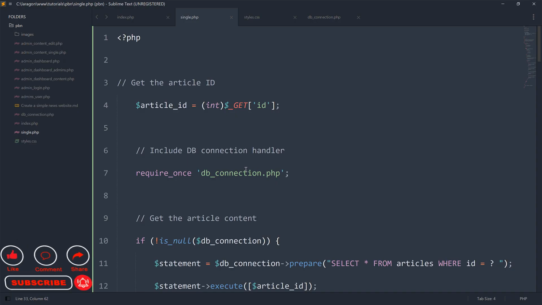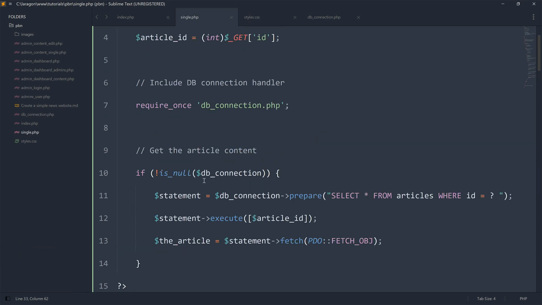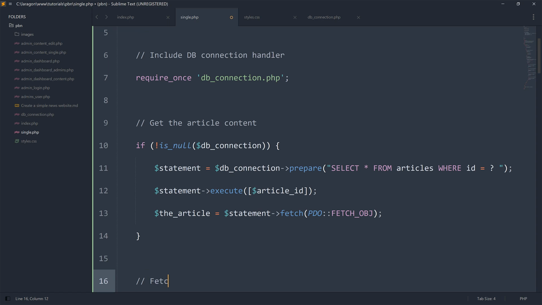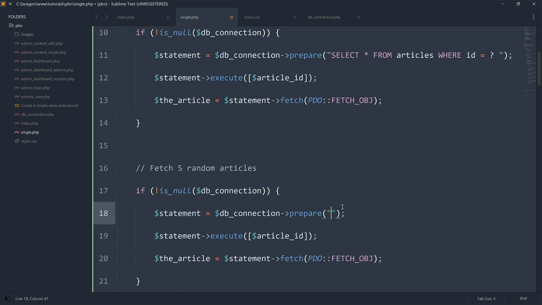On the singles page again, right here, where we have this request, we are going to make another request to our database, which will now prepare a statement to fetch just random articles. So fetch five random articles. So here we are going to prepare a new statement. So we are going to select,